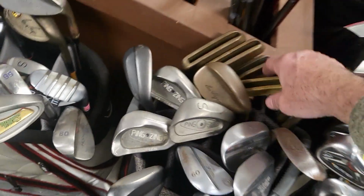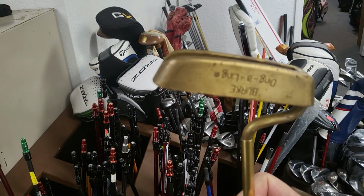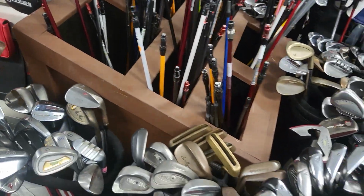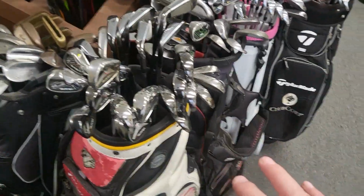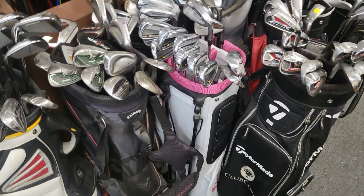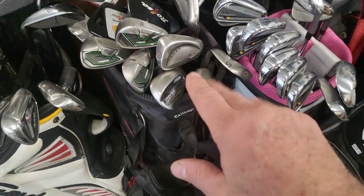The Dingalings, which are the 1940s. Burke Dingalings. Shafts in the back here. Shafts, $100 easy. Most of them are more than that. You got your Burner 2.0s, which are hugely popular. Already sold 2 sets, only got 1 left and some extras and the regular Burners. All right, then you got the Burner mid-size, the older school stuff at